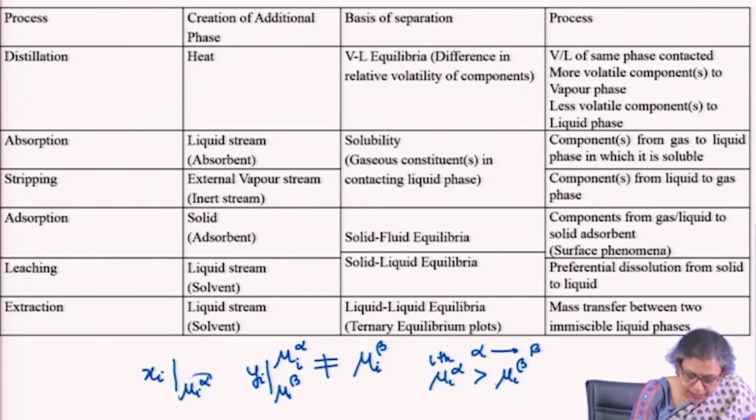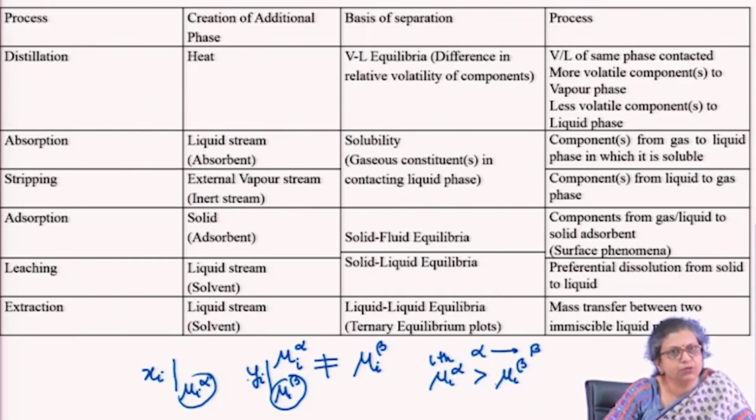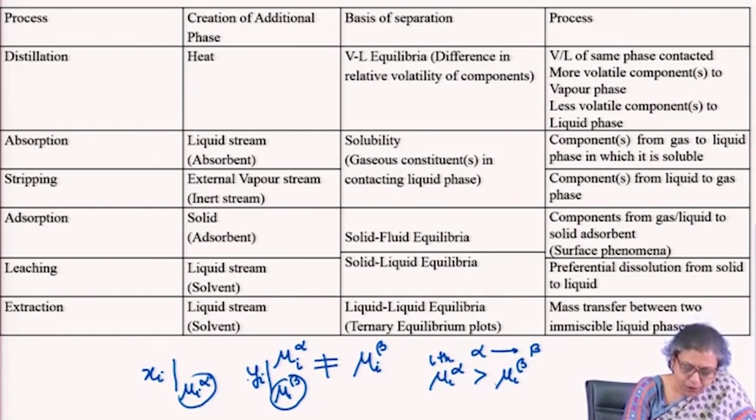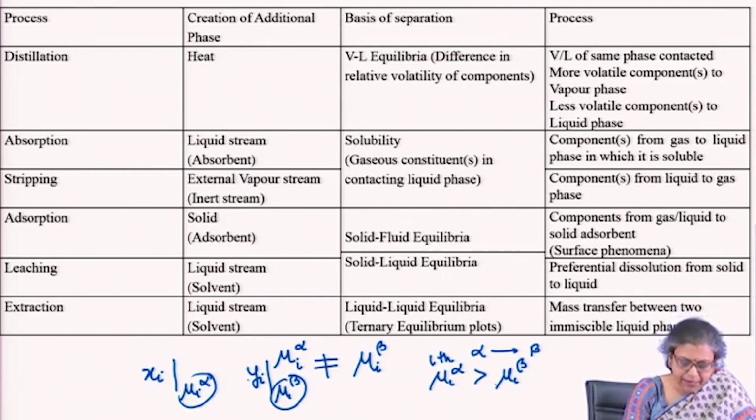So, for this particular condition, whatever xi and yi compositions are there, they are known as the equilibrium compositions. It can always happen that xi and yi are equal, yet mass transfer is occurring, because even when xi and yi are equal, we find that mu I alpha is not equal to mu I beta. And it can also happen that yi is much higher than xi, yet we find mass transfer occurs of component I from alpha to the beta phase. This is because even if yi is higher, it is lower compared to the equilibrium composition of yi,